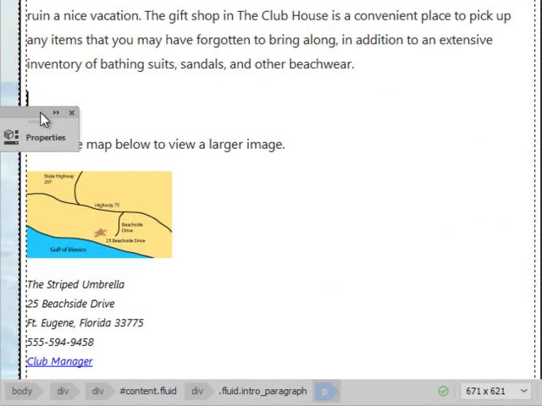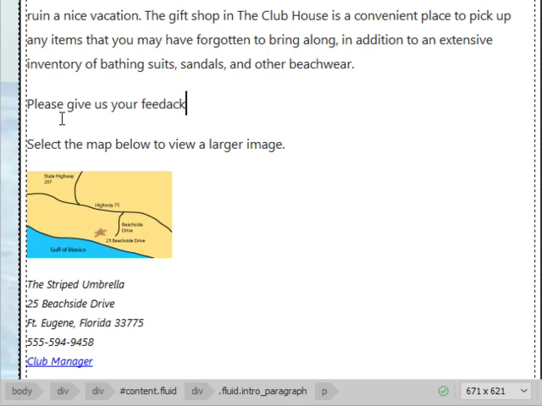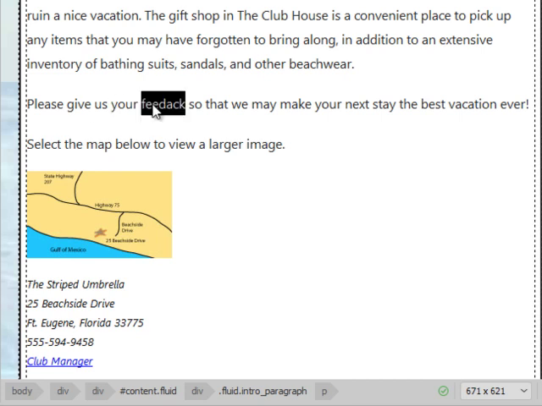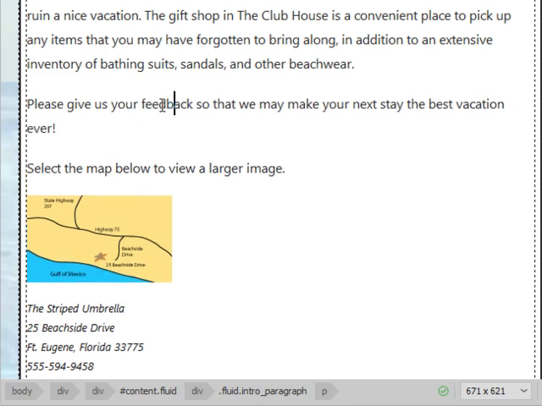So let me go ahead and move this, and we're going to type in, please give us feedback. Oh, I'm supposed to spell it right. Feedback. We're going to link that